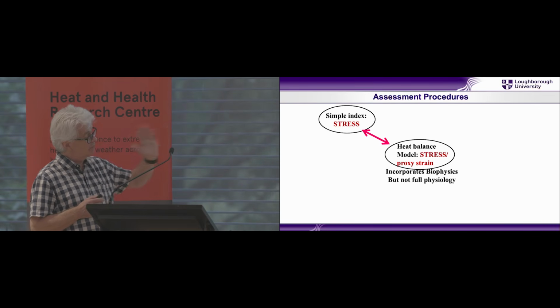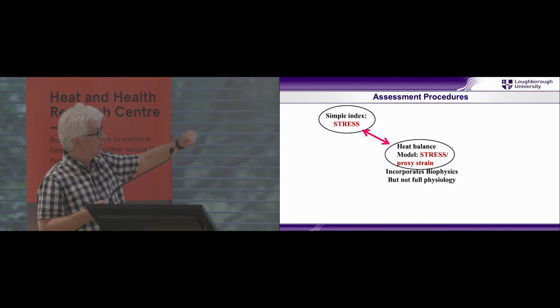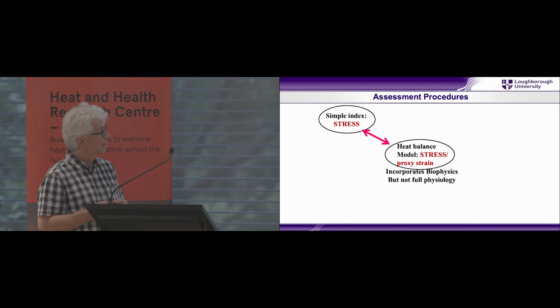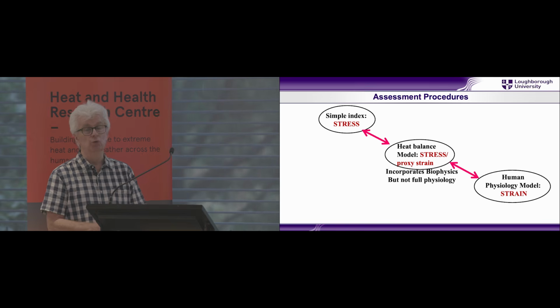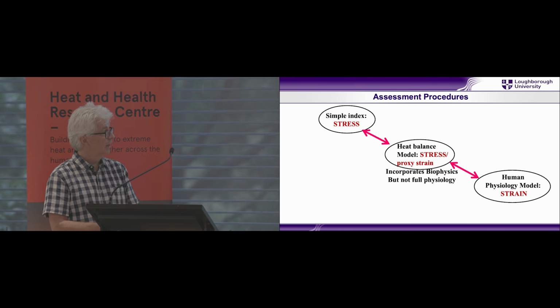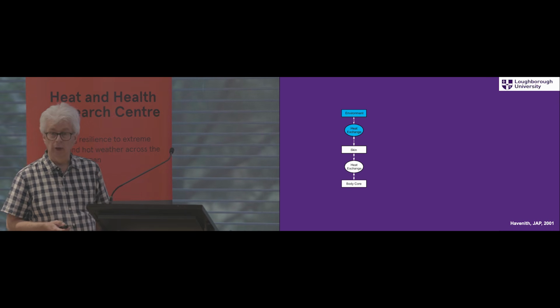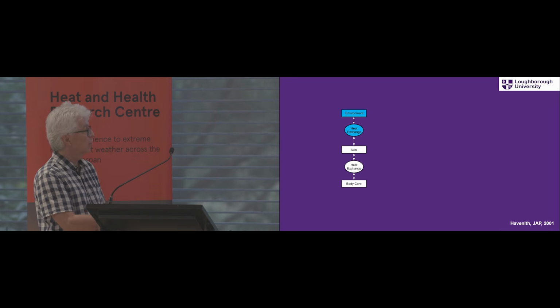So when we started this process of UTCI, we had simple indices, and heat balance, where we said, yes, much better, but probably not the best yet. And then the final one: could we use a human physiological model to indicate heat load and heat strain? That was the question at the start of UTCI. So how would a physiological model look? In this case, a computer model. This is one that I worked on myself for my PhD a long time ago.